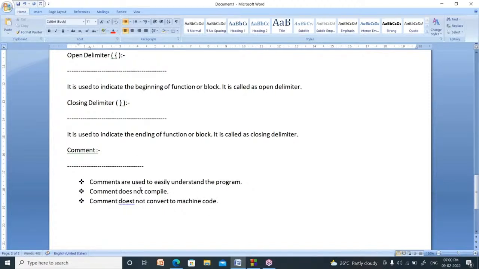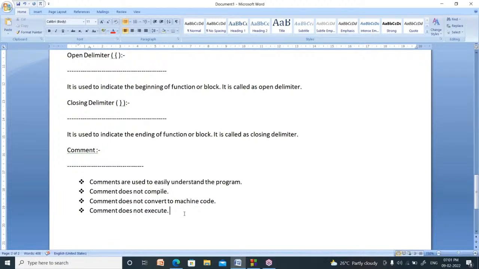Comments also do not execute. These are not compiling, these are not converted into machine language, and these are not executing.